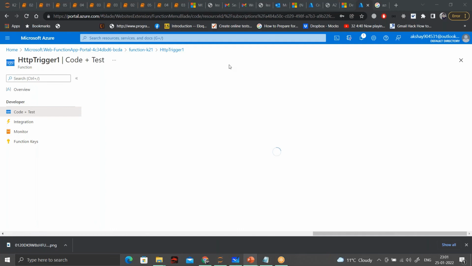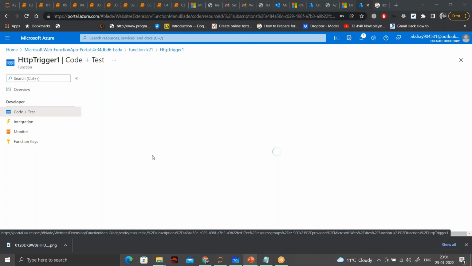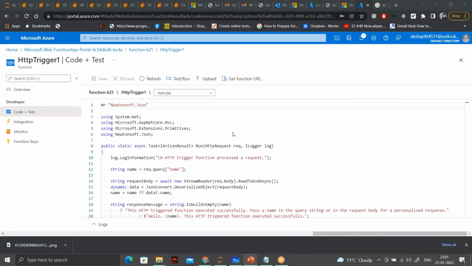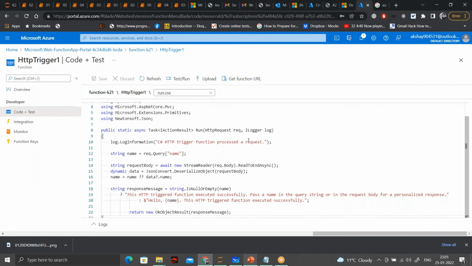Yeah, so they would have already created a sample code for us. If you know .NET, you can write .NET code here. In the starting, if you are working with a different language, you can use different languages also. I personally prefer Python a lot, so I mostly write my Azure functions in Python. They have created a .NET code which, if you send any request in the request query, will return it back. I will show you what to do.